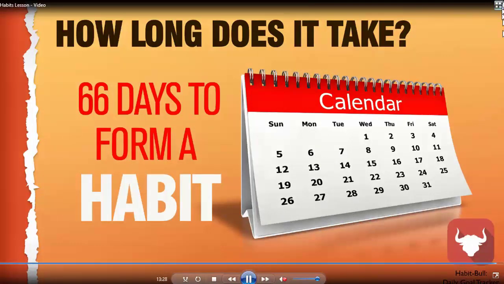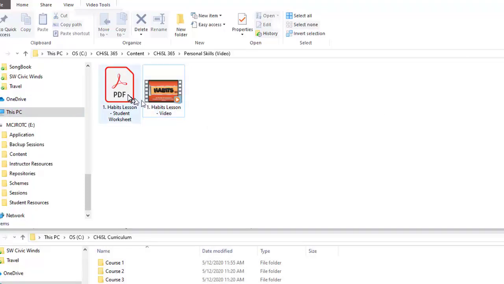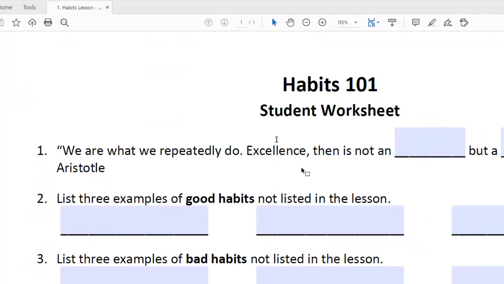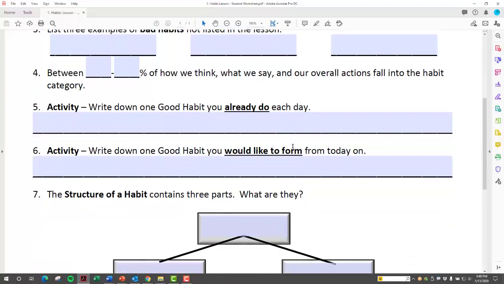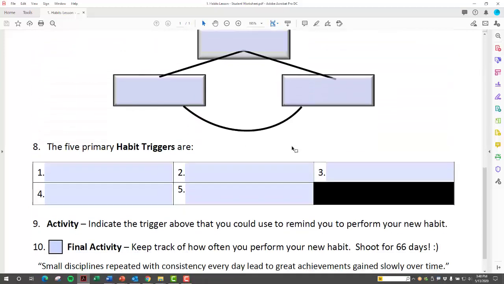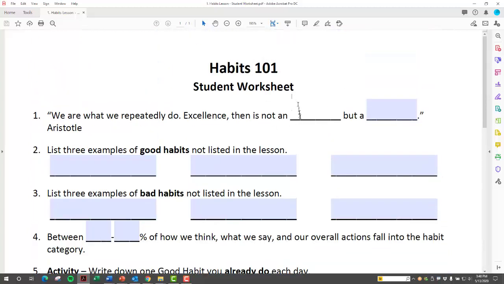So excellent video. There are more of these coming as well. So in addition to the video, we made a student worksheet. And again, this is fillable. You can have your students watch the video either on their own or as a class, and then just fill this out using their Chromebook or tablet, or if you want to just print this out and then they can write it in. It works both ways. But I did this with my 11 and 13-year-old boys, and it worked really well. So this is an awesome lesson. I can't wait for you guys to see the rest of them. Motivation, I think, is the next one we're going to do for you.